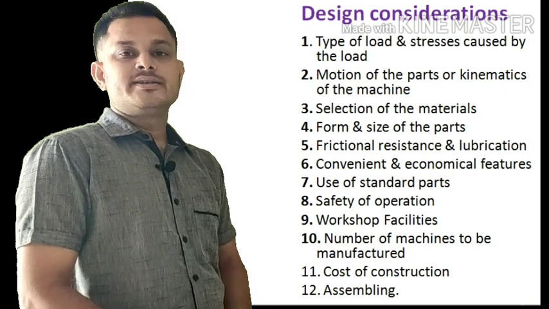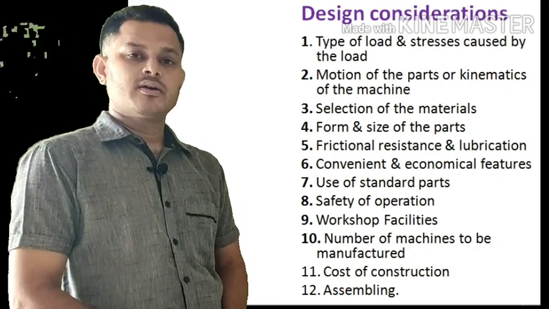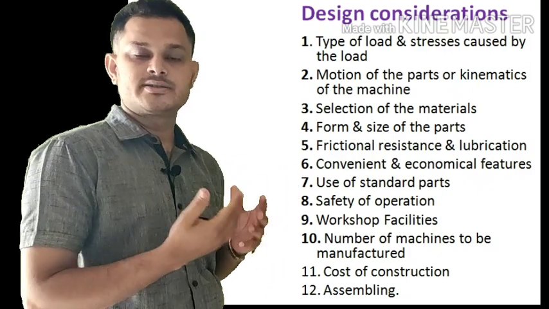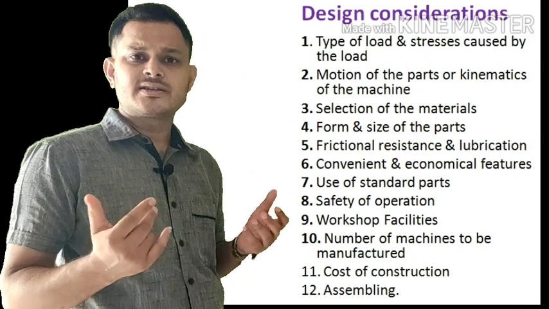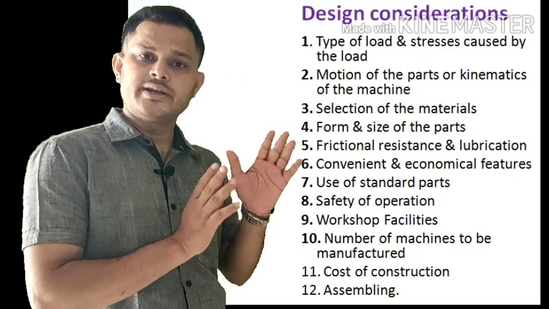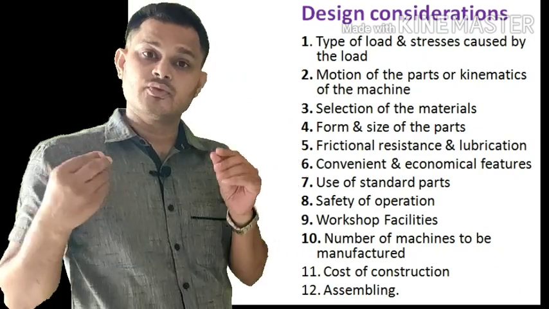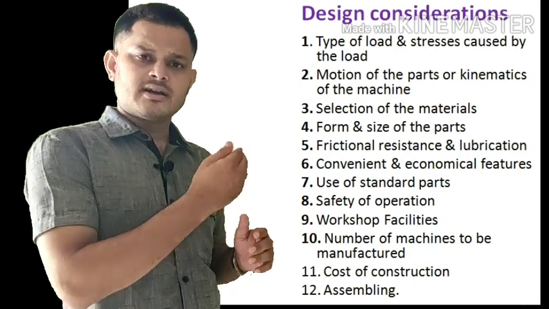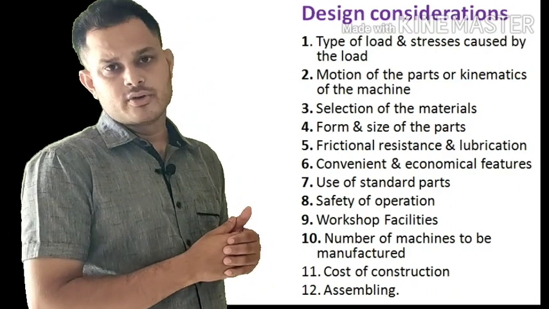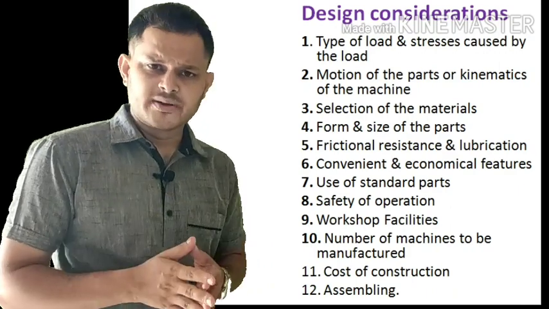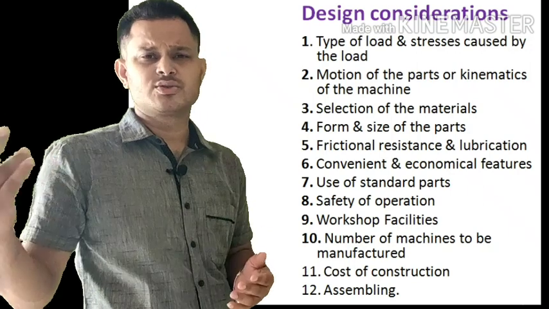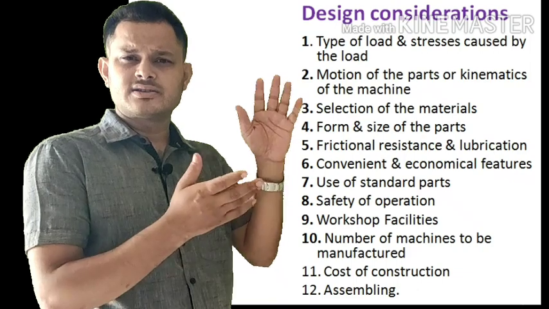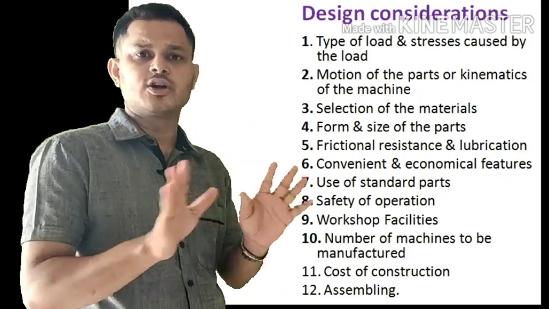The next topic is design considerations. Design considerations means that while following all those industrial design procedures, what are the things, the steps, that we need to definitely consider, that should not be left alone. There are n number of considerations in the books. Depending upon different books, you will find 26 to 30 design considerations. Out of those, we take only 12 to 13 considerations that must be considered and should not be left out.